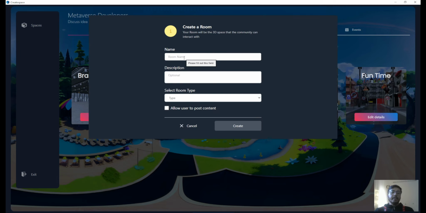When you add a room, you can give it a new name. Let's say I want to give it Unreal Engine Renders Showcase. So I want people to showcase the amazing renders that they have created on Unreal Engine. So I'll just say, add your amazing Unreal